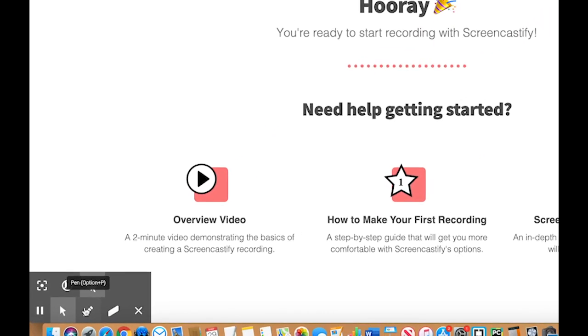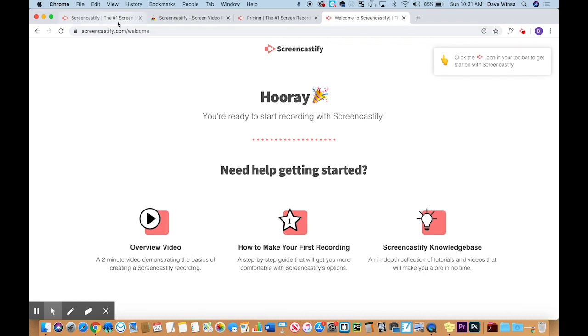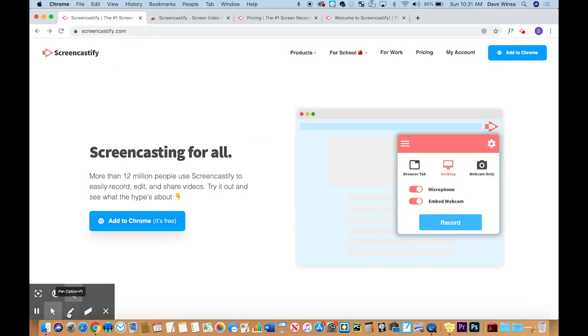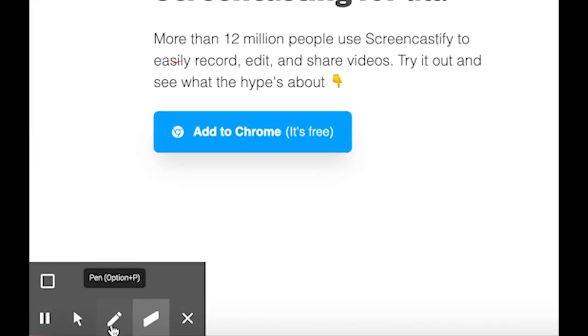So here, I'm going to go back to my Screencastify page. I'm going to use the drawing tool, and notice that I can show you and highlight. This is the button you click to add to Chrome. I can also delete that fairly easily. Notice when I click on the pen, I can change the options to different colors. And if I deselect,